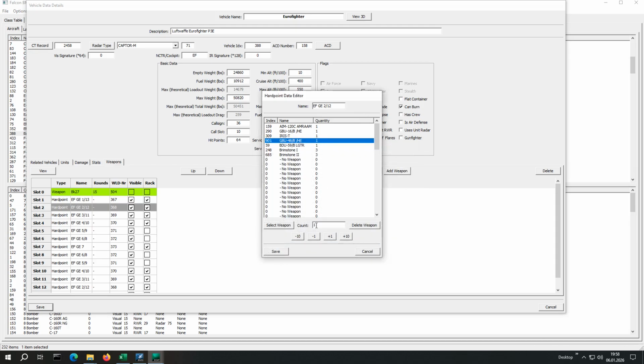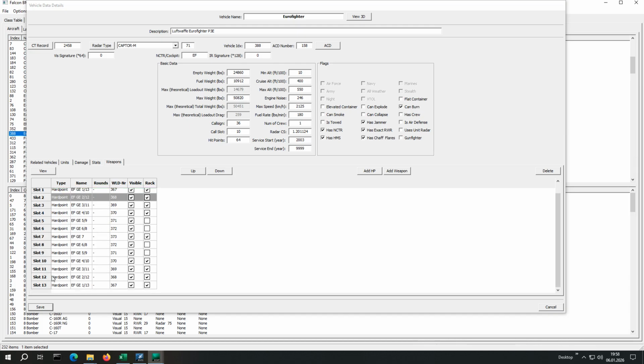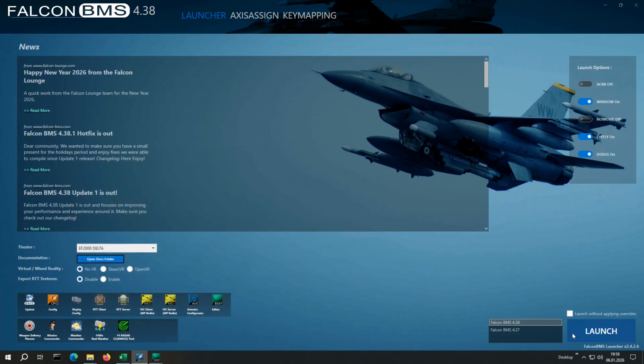You can here also change the number of weapons that can be carried on this particular station. And as the station is used by slots 2 and 12, the one is automatically updated here as well, because we have just changed the record, the sim weapons data, weapon load data record called EFGE to 12. Okay. If you press save, then the weapon loadout should be saved, and if we launch the game,